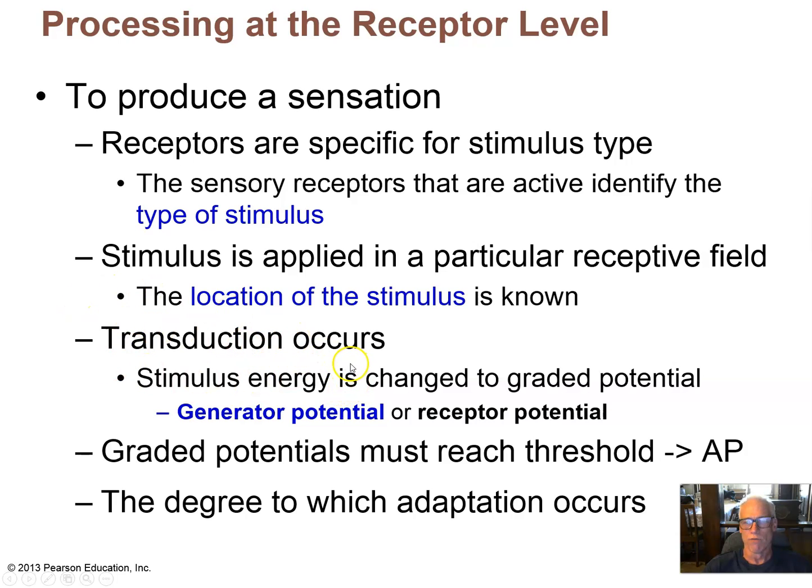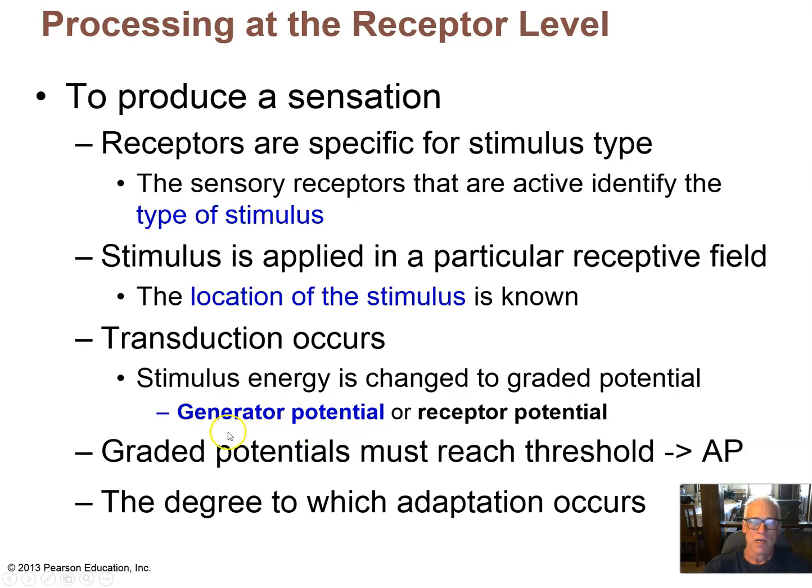Transduction is the name of the process of converting stimulus energy into action potentials by sensory neurons. So every sensory neuron, whatever stimulus it's designed to transduce, that stimulus causes depolarization of the dendrites. That's called a generator potential. Remember that dendrites and cell bodies of any neuron have graded depolarization. It can be any amount of depolarization. If it's in a synaptic situation, it would depend on how much neurotransmitter is released and how many channels have been opened. In the case of a sensory neuron, it depends on how big the stimulus is. How much is it depolarizing the membrane? So that's just called a generator potential in a sensory neuron, even though it's the same as a graded depolarization